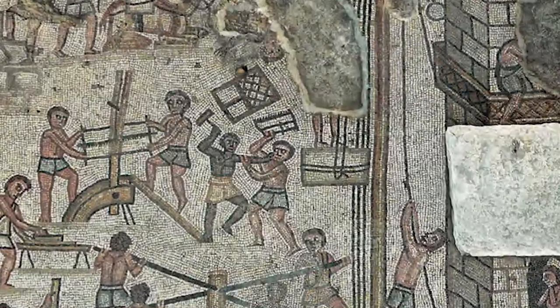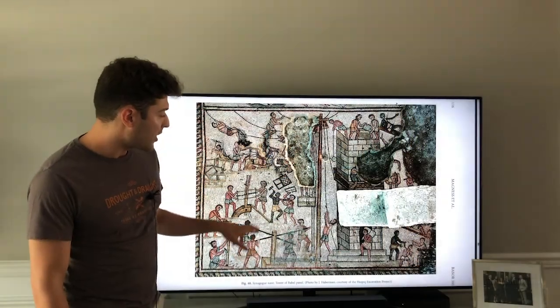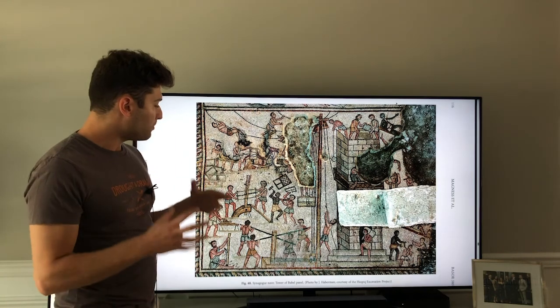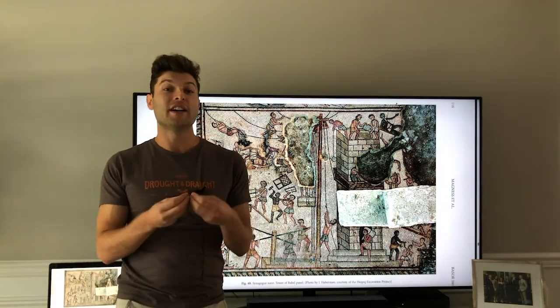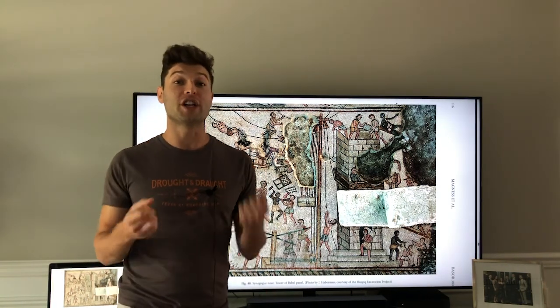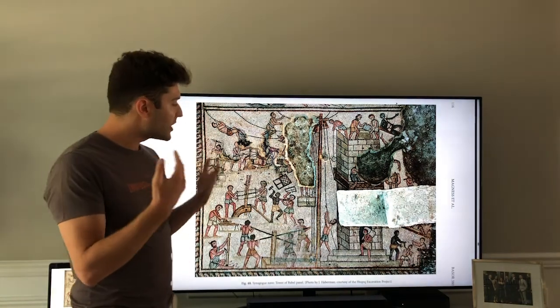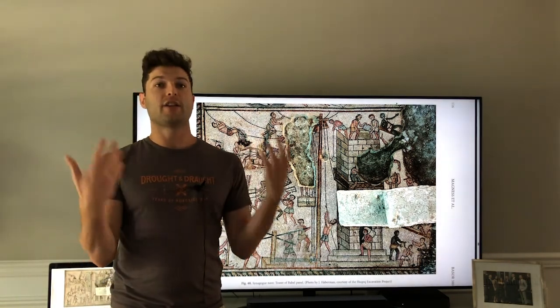So if we look here, we see what looks like a fight between two men, one with darker skin, one with lighter. They're grabbing onto each other. They're holding their weapons up in the air. And this sort of is a stand-in for the looming chaos that's going to emerge in the story once difference emerges in the group. And so because we're dealing with a visual media, language isn't the way that difference is depicted,